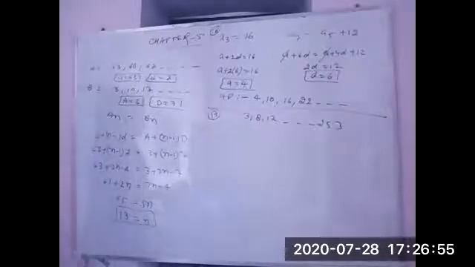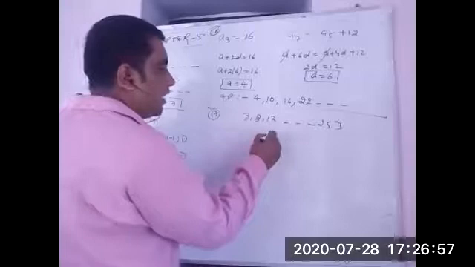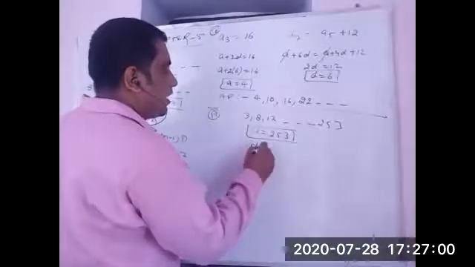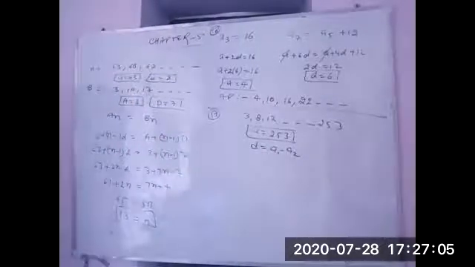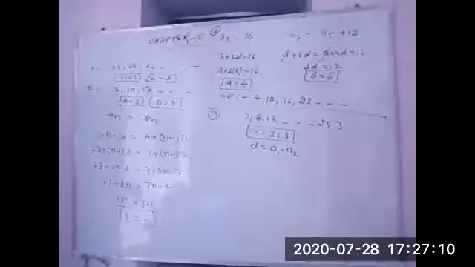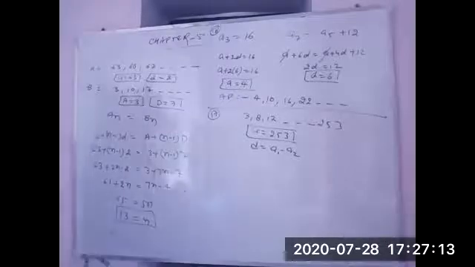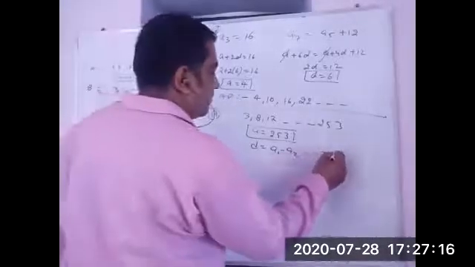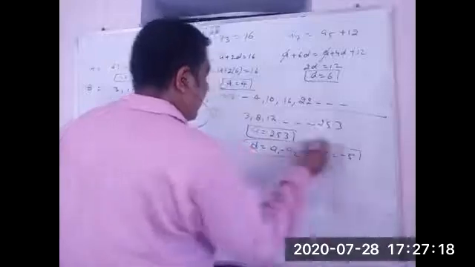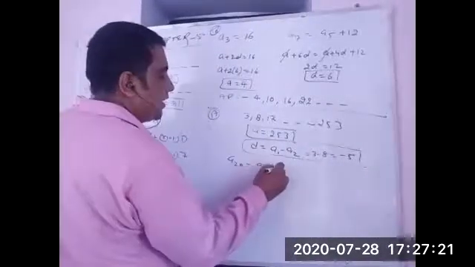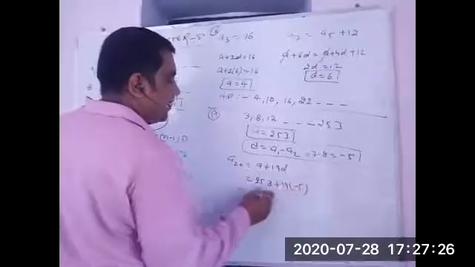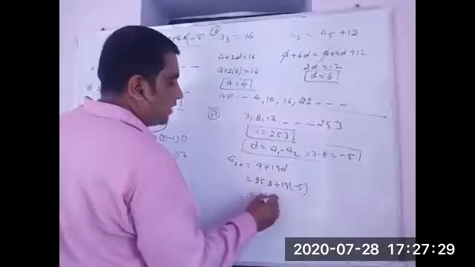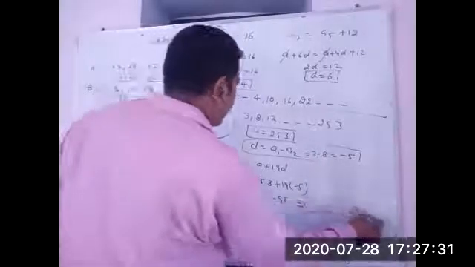Now what will we do? Listen to me. Take A as the last term, 253. Now D will be equal to A1 minus A2. When we are doing it from the starting, it is A2 minus A1. From the last, it is A1 minus A2. This is the only change you have to make. 3 minus 8 will be minus 5. Now A20 = A plus 19D. A is 253, 19 into minus 5, so 253 minus 95. Minus 8, you will get your answer.